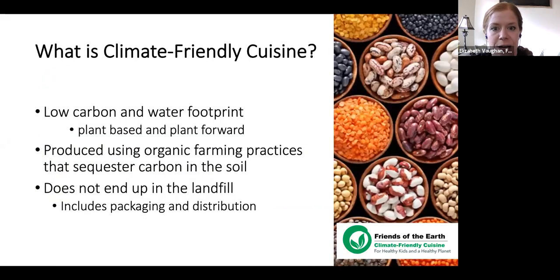So when looking at these photos, what makes them climate friendly? Well, climate friendly cuisine is food service practices and meals that meet these 3 criteria. So they're plant-forward options that reduce animal proteins and swap with plant proteins. They're plant-forward, plant-based options that are healthier for the planet and use less resources, and they also tend to be healthier for us. They're foods that are produced using organic farming practices that sequester carbon in the soil, and this